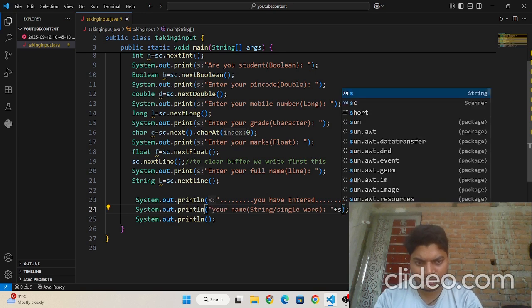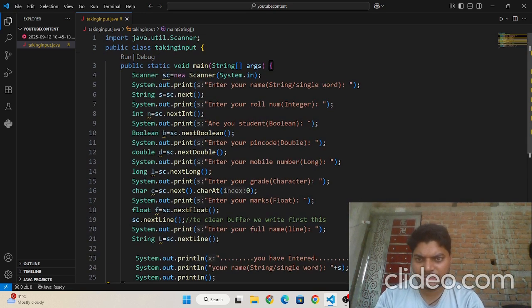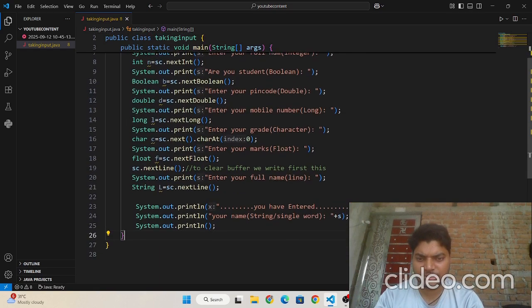Here it should be S. It will be in string, so I write here string.